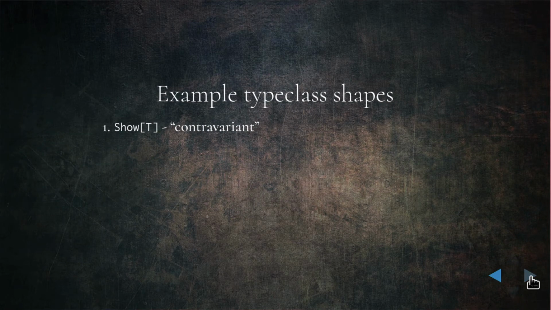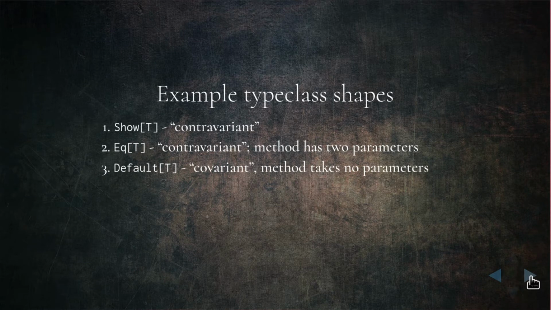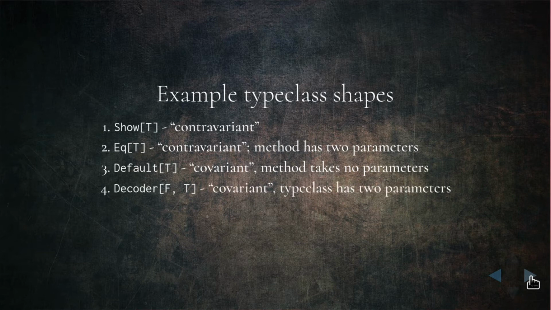So Show is what I would call a contravariant type class. The generic parameter T is an input to the show method. And the same is true of something like Eq. These two will have a similar structure in the implementation, but we can also support cases where we are producing a result, where we're producing an instance of the type T. Default will return a default value for a particular type,